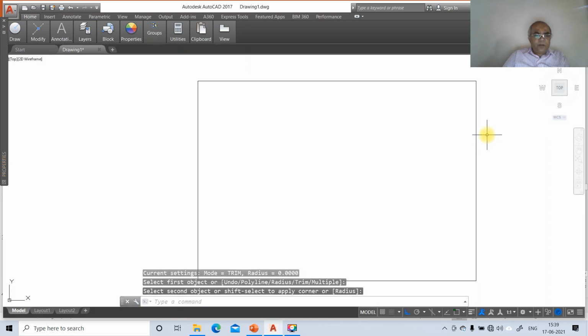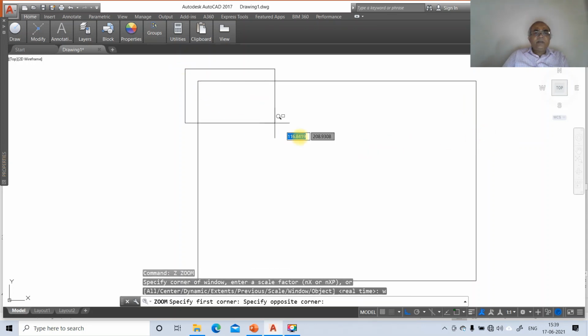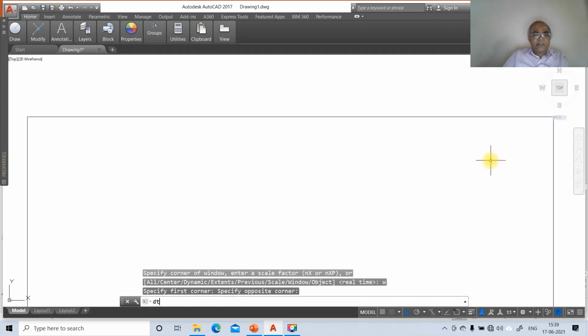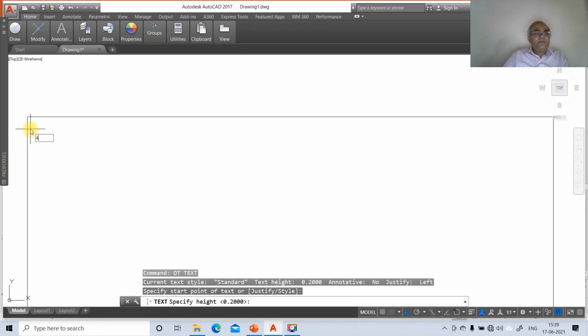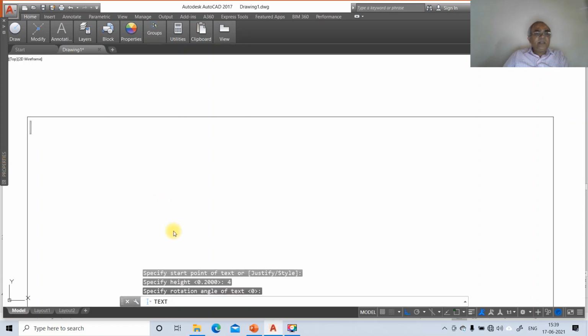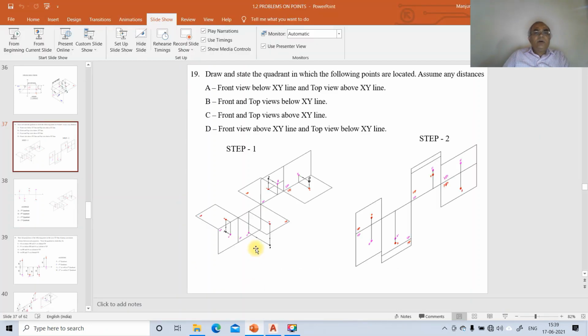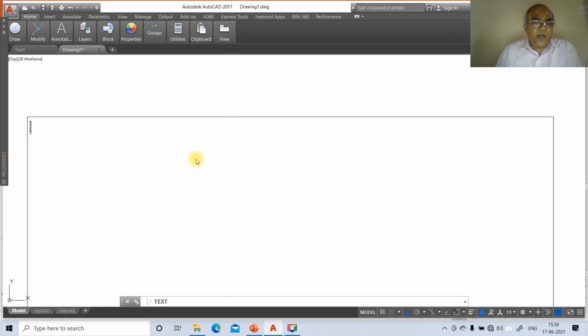Now we're going to try to solve the problem. So go to zoom window, select this and go to the text. Specify start point of text, select this, take height as 4, rotation angle as 0, and now we are going to type the problem. Problem number 19. Draw and state the quadrant